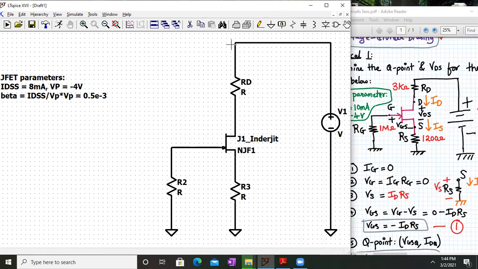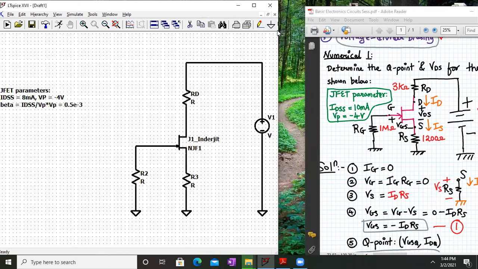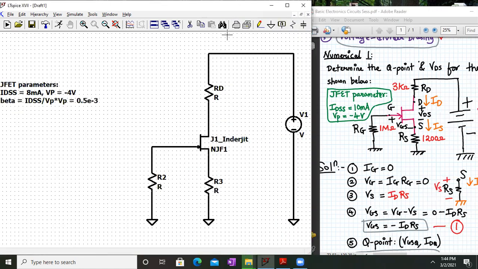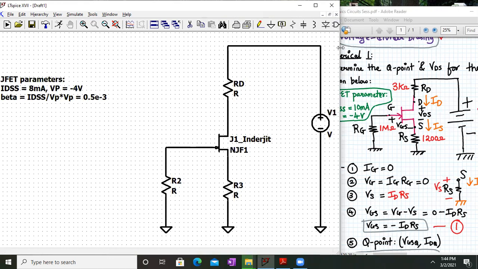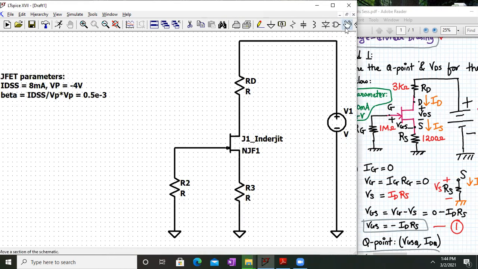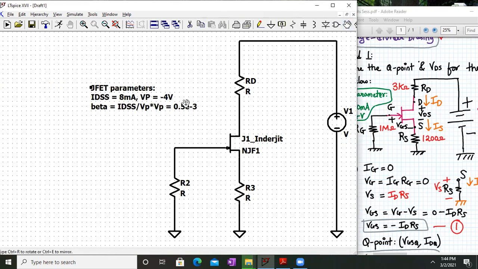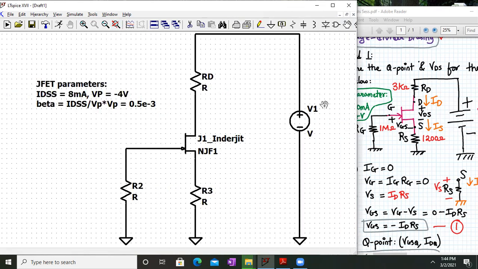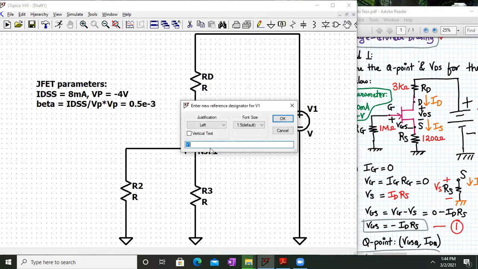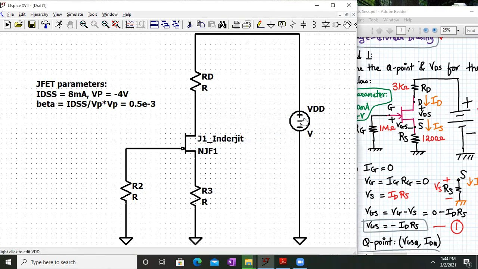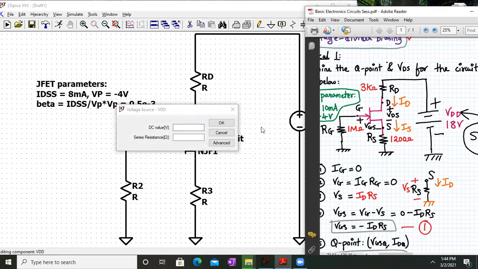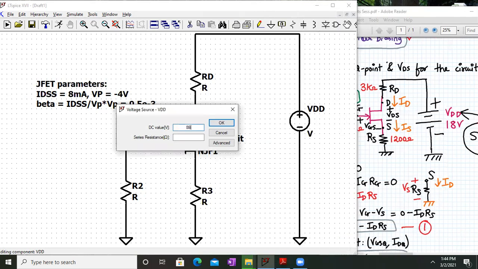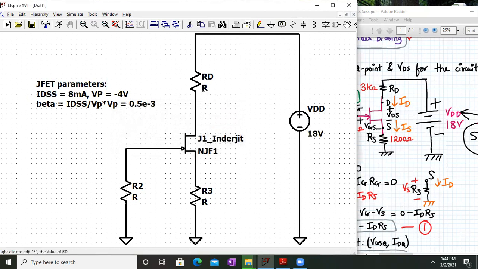Let me push this inside and pull this out, and bring this nearby so that I have a better version of it. Yeah, this is better. So this is my VDD, and this will be 18 volts.